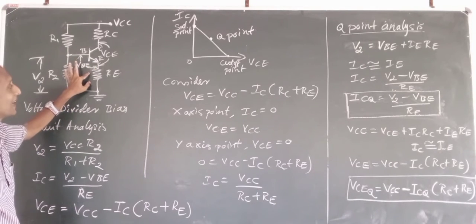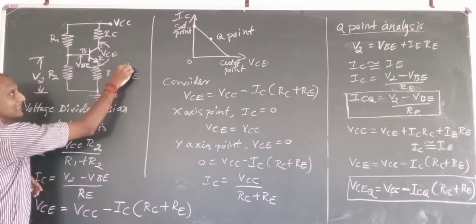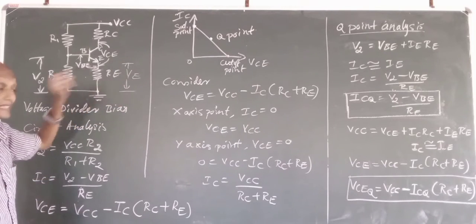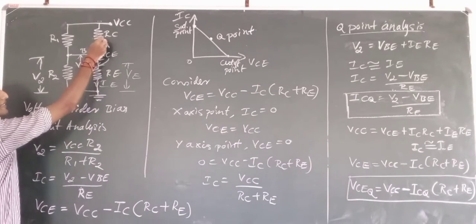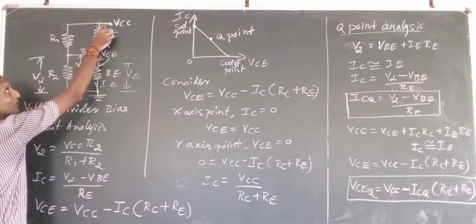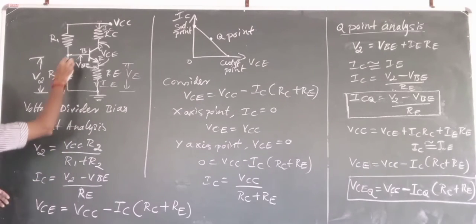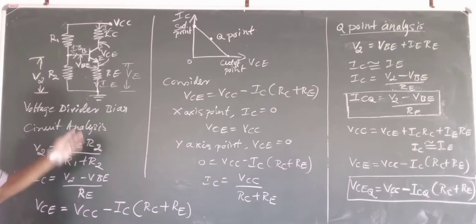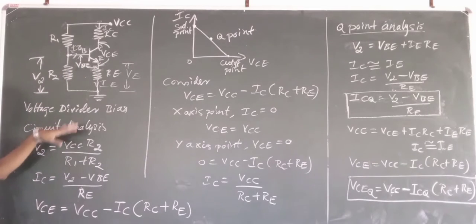And next comes RE. Here there will be a voltage drop that we can call VE. VE will be the voltage drop across your RE, and the current flowing here will be IE, and the current flowing here will be IC. And this current will be IB, isn't it? So here we have the voltage divider circuit, and if I go for the circuit analysis,